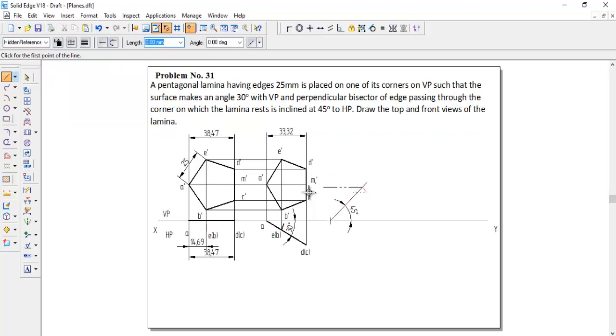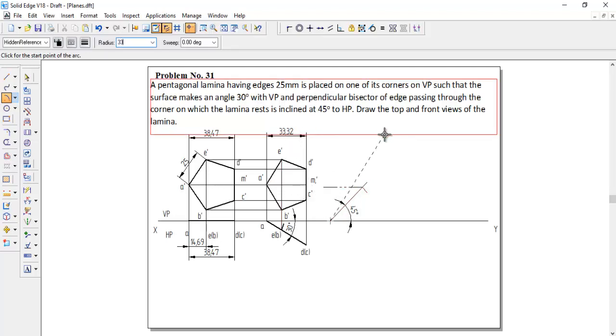So like this you need to draw a locus line, and again go to the arc by center point, take the same center which one we taken to draw this arc, same center we have to take it, and now give the radius of this apparent bisector length, that is 33.32, and now draw the arc on the locus line.